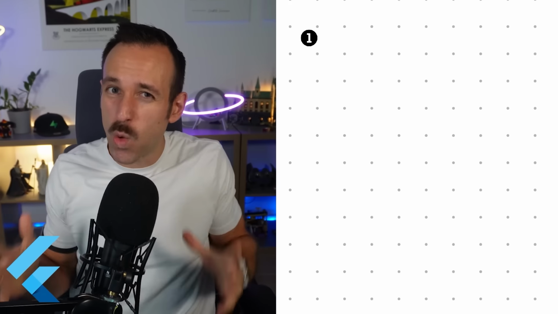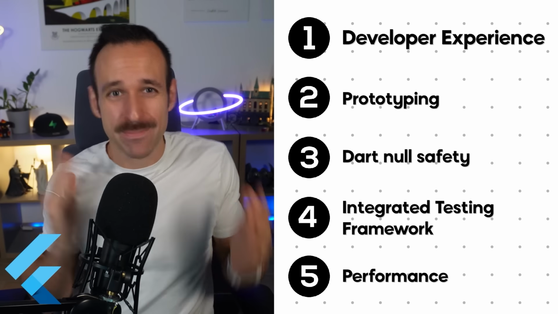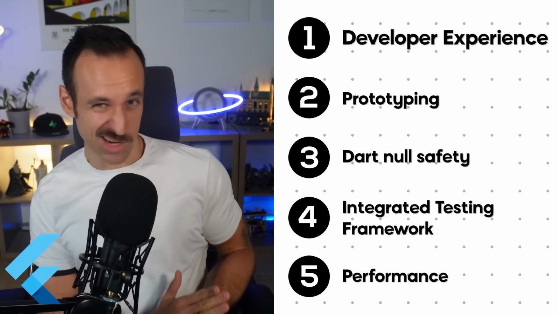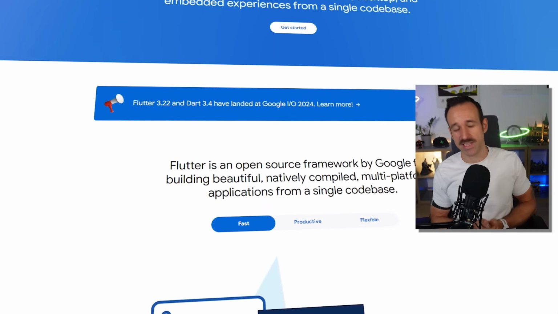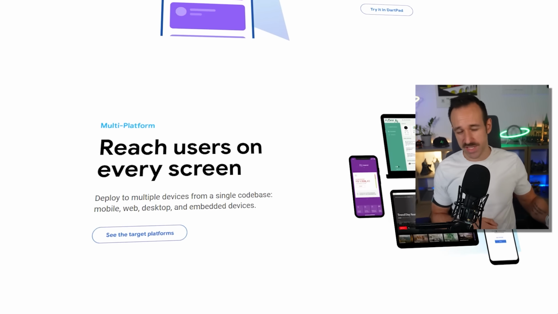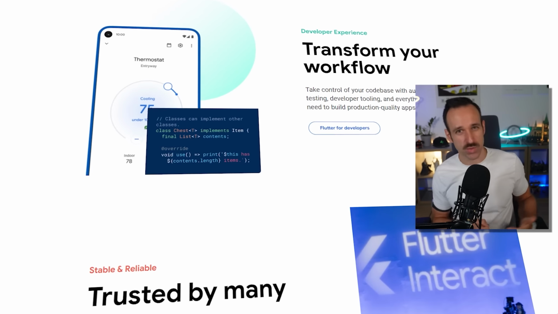Alright, let's kick off this discussion on a positive note by talking about the strengths first. So what are the most obvious things that make these frameworks great from the outside? For Flutter, this is definitely an epic developer experience. If you have tried it, if you come to Flutter and set up your first application, it just works really smooth